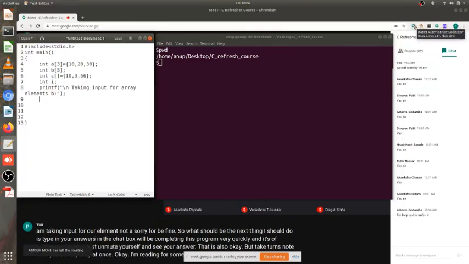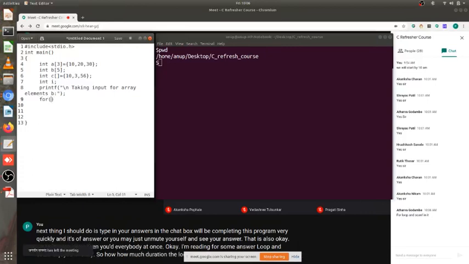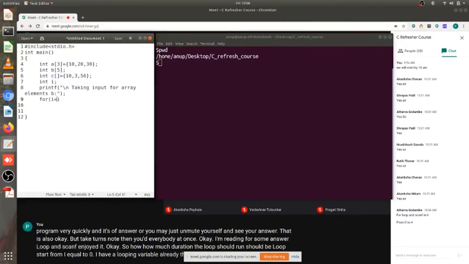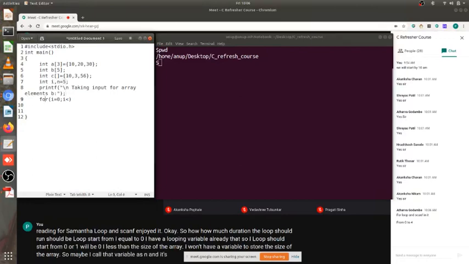Loop and scanf inside it. Okay, so how long should the loop run? Should the loop start from i equals 0? I have a looping variable already there, so my loop should start from 0 or 1, maybe 0, i less than the size of the array. I won't have a variable to store the size of the array, so maybe I call that variable n, and its value is already 5.